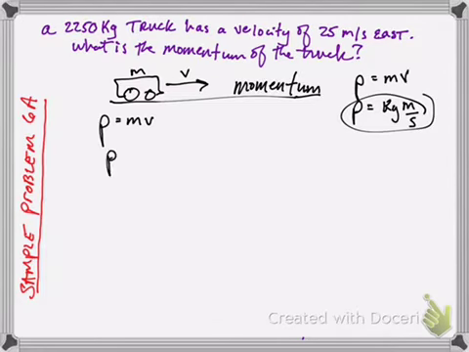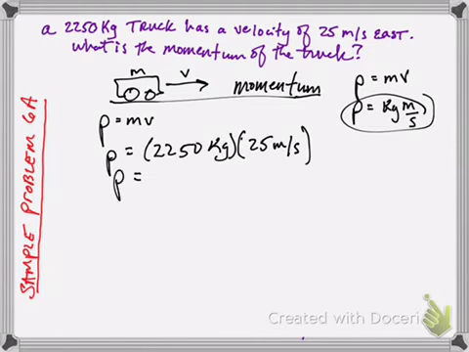So P would simply equal 2,250 kilograms times 25 meters per second. That's all there is to it on this problem. So momentum is equal to 56,250 kilogram meters per second. Now, the other very, very important thing I almost forgot to say here is that momentum